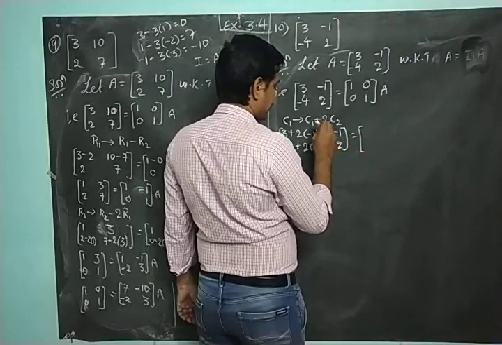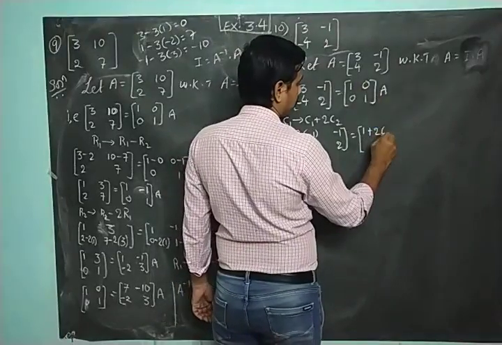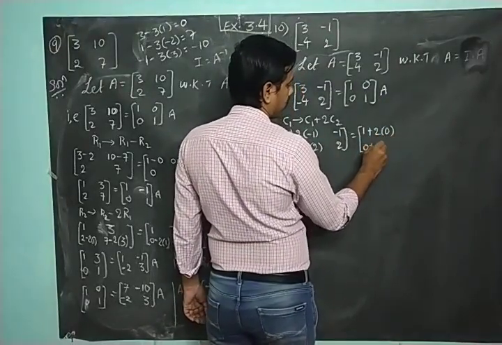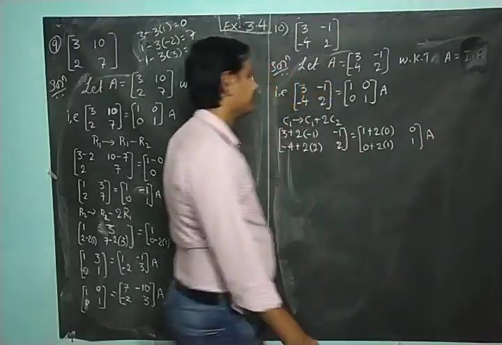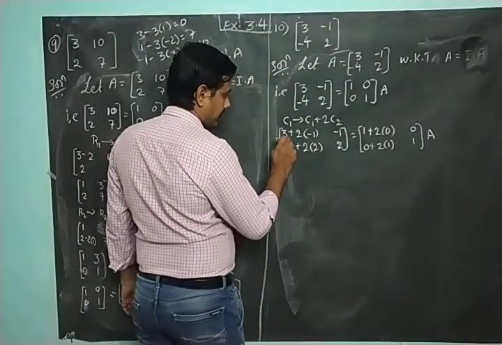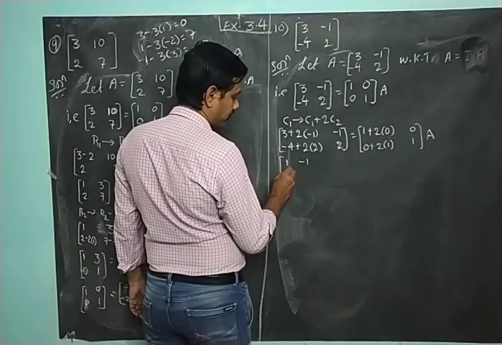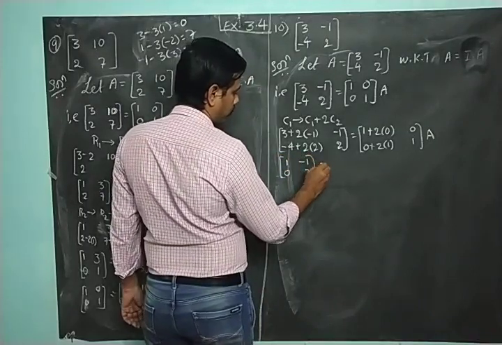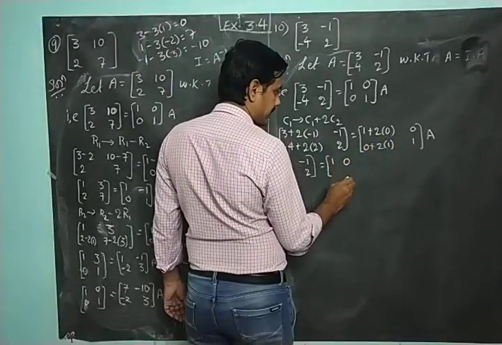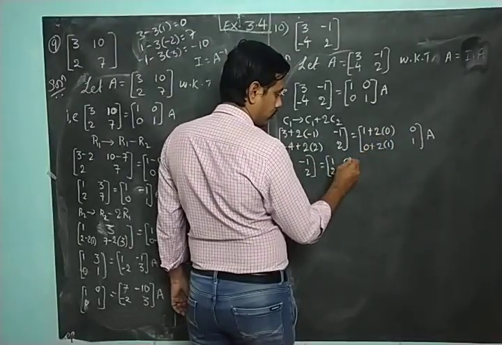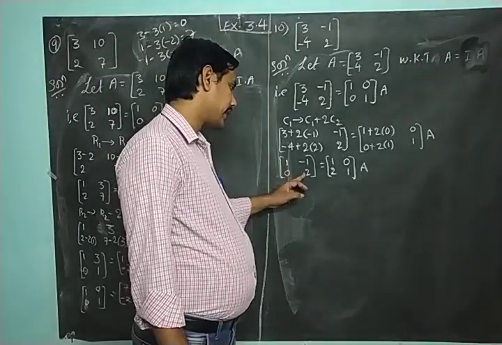Here also same thing. C1 is what? 1. C2 is what? 0. And here C1 is 0. C2 is 1. This 0, 1 as it is, with A. This will give me 3 plus 2 into minus 1, that is 1, minus 1, minus 4 plus 4, 0, this is 2. 1 plus 2 into 0 is 1, this 0 as it is, 0 plus 2 into 1 is 2, 1 as it is, A. Alright, so now we got 0 and 1 here, here we have 2, here we have